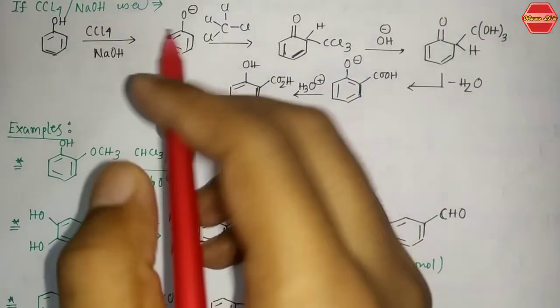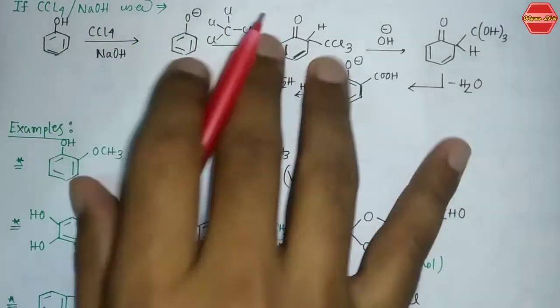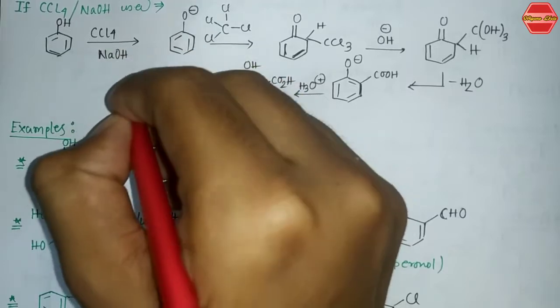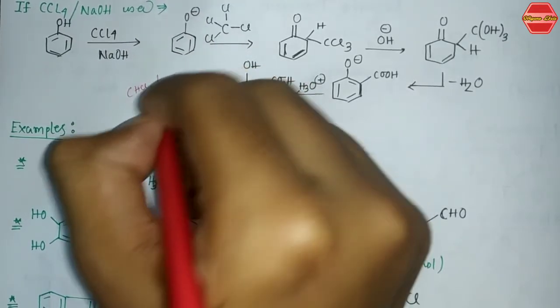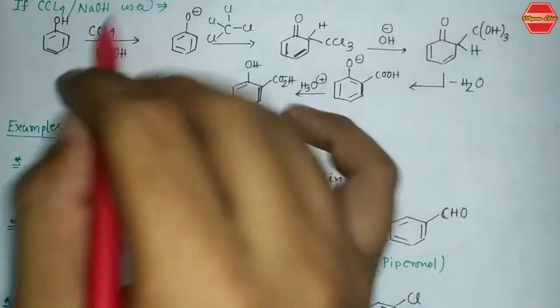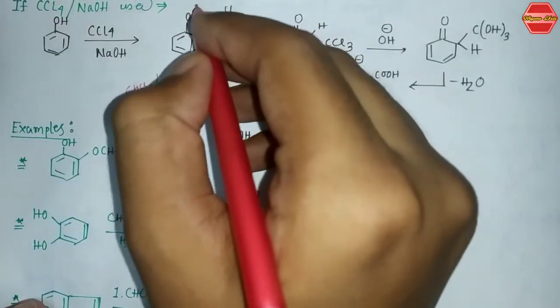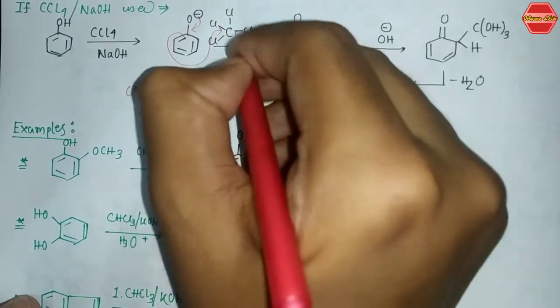What if we are using CCl4 and NaOH, then what will be the product? In the Reimer-Tiemann reaction, we are using CHCl3 and NaOH. Now if we are using CCl4 in NaOH, then what will be the product? You can see here, in the basic condition, it will take a proton from here, so you are getting this O-, and after that these bonds can go here, it can attack here, and this Cl can